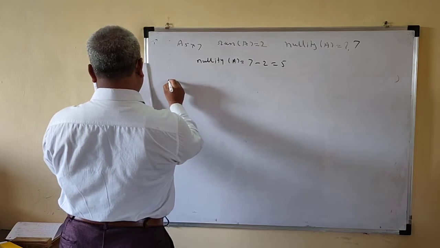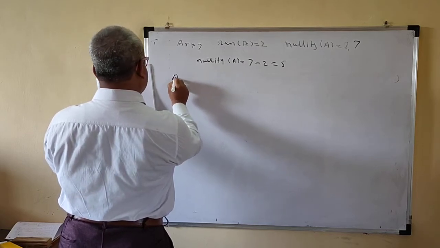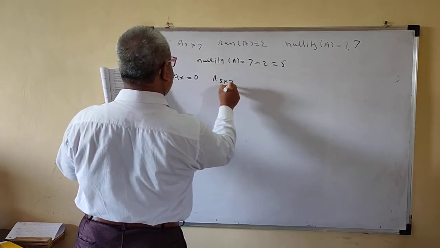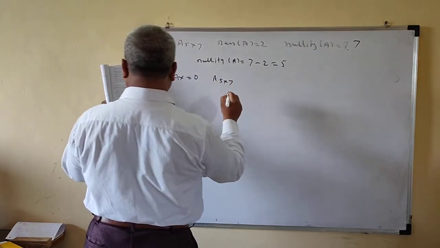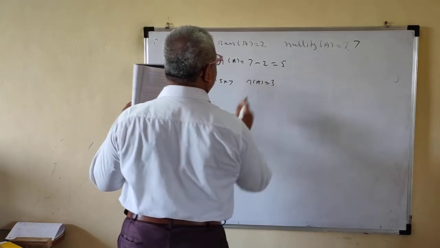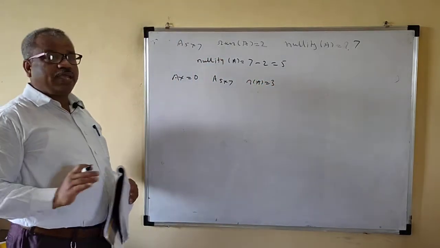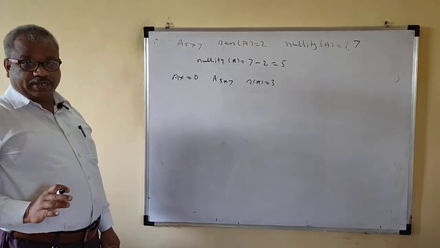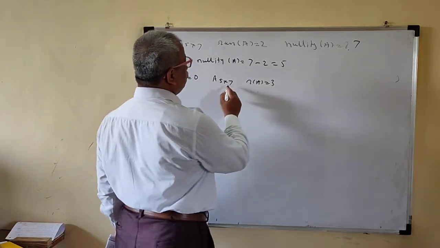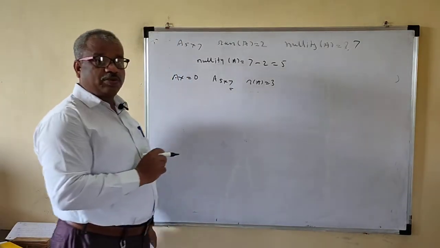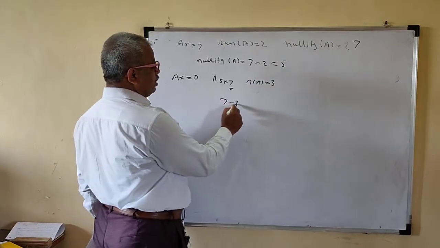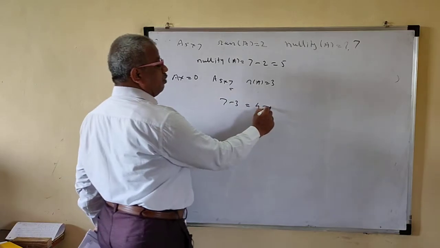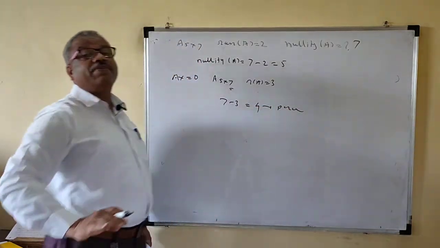Okay. So suppose this is the equation AX is equal to 0. A is 5 by 7. The rank of A is 3. And you want the free variables or the number of parameters. So the number of parameters means what? The number of columns is 7. Okay. 7 minus 3 is nothing but 4. Number of columns minus the rank of A. These are the parameters. Parameters means free variables.